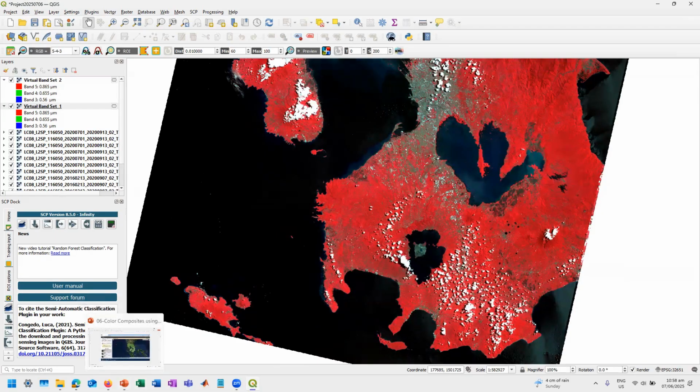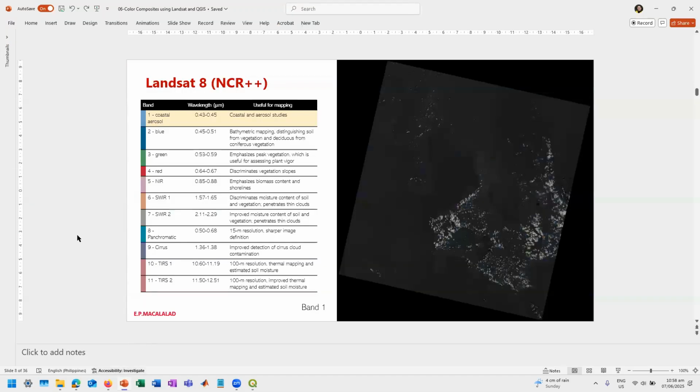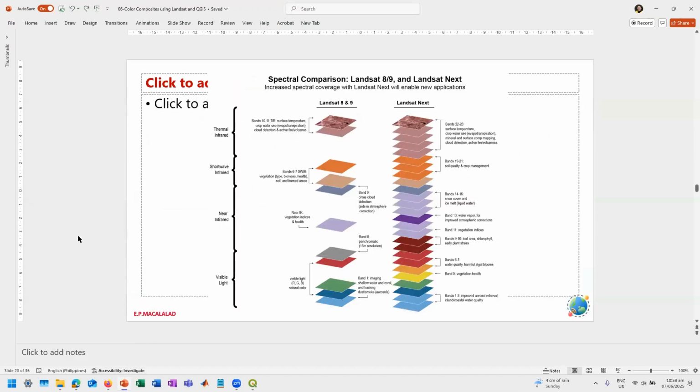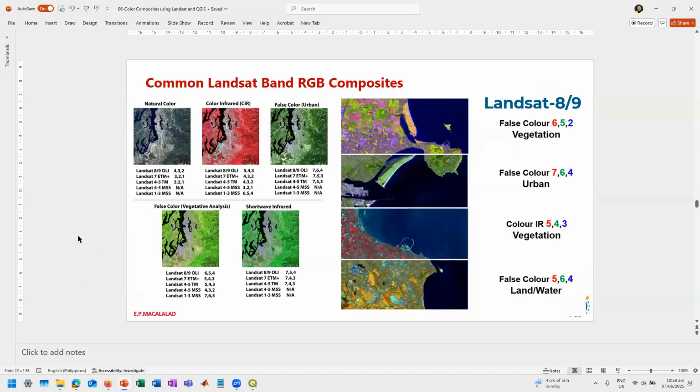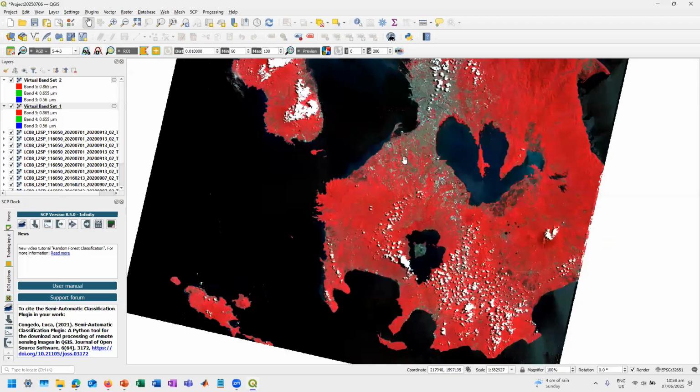Yung four color composites na yun that I will ask you to do is the one that was presented here: 652, 764, 543, 564 plus natural color. So bali 5 total.